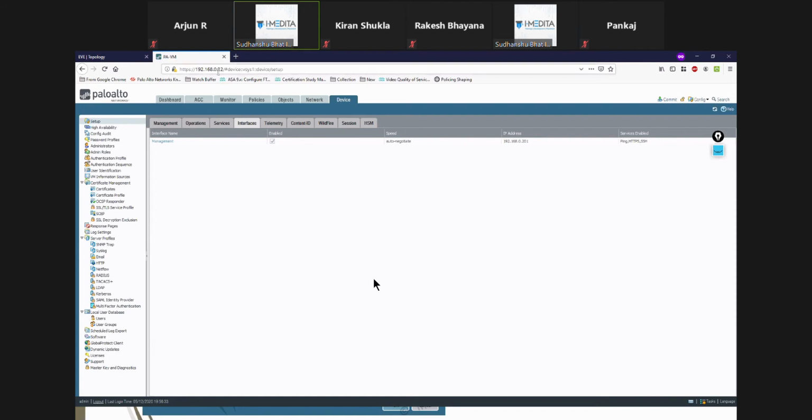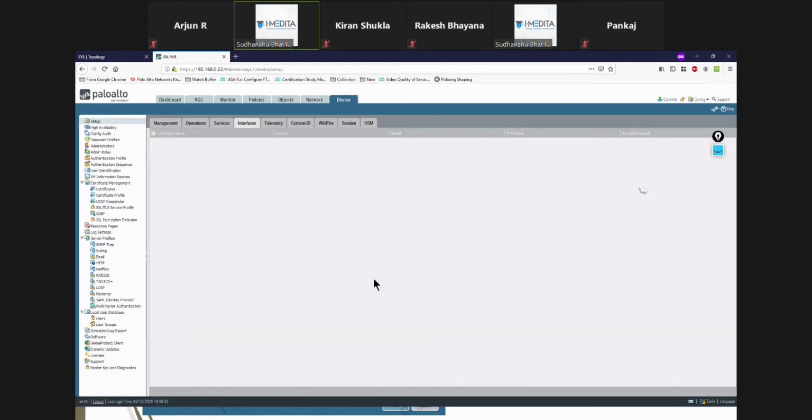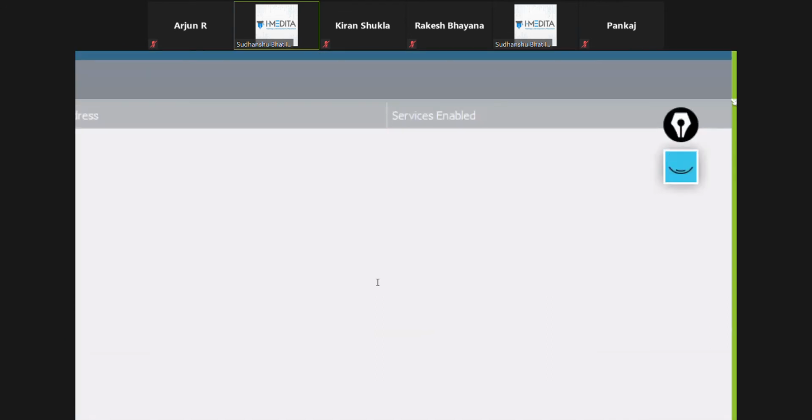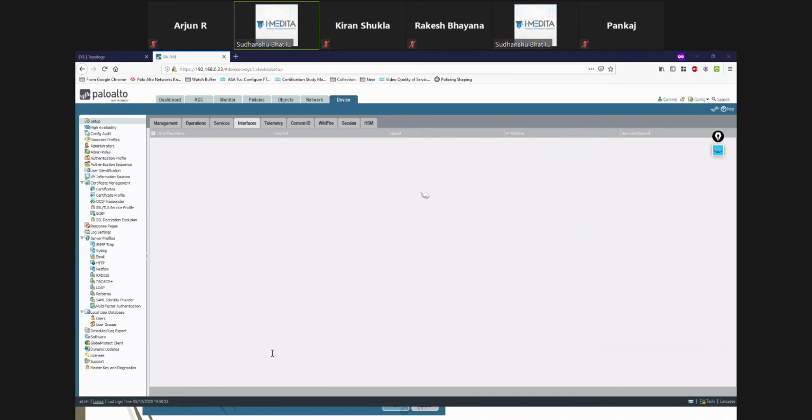As soon as this commit completes, the IP is going to change. So if I try to open any page of Palo Alto, it's not going to open properly. You see, it's trying to fetch and load the page, but it's not able to load everything.